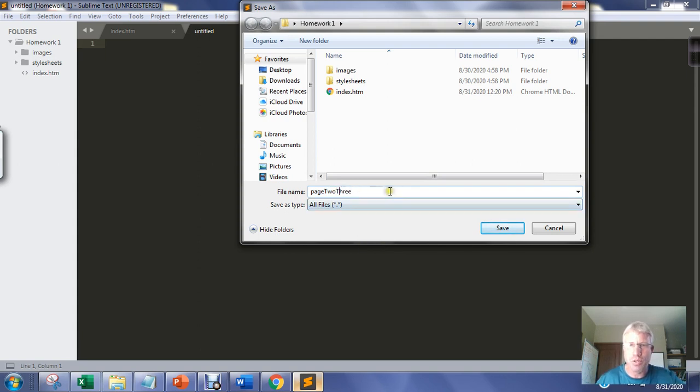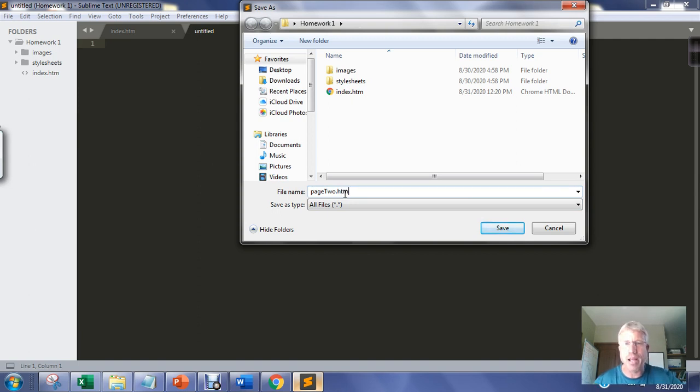This is what I usually do, but the underscore method is just as valid a file naming mechanism. But I do expect you to use one of these two conventions, either underscores with all lowercase words or camelback. So I'm going to use camelback. I'm going to call this page2 with camelback notation, no spacing between the two words, and the first word is not capitalized. And it's a web page, so I'm going to go